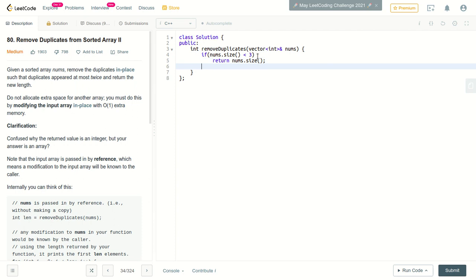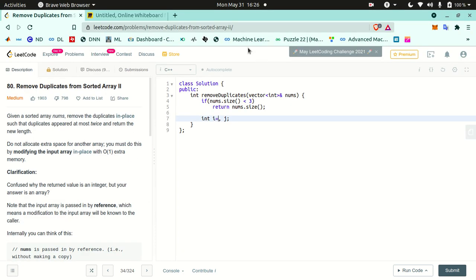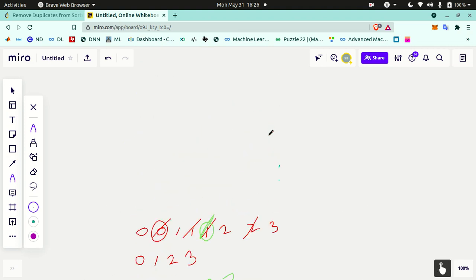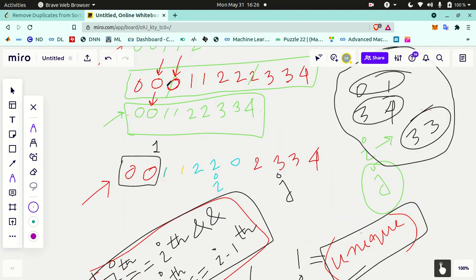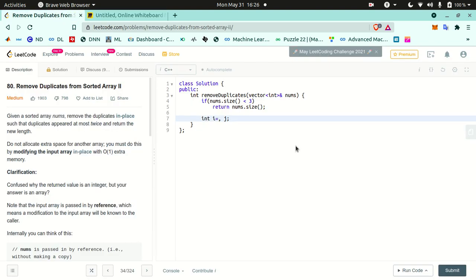Otherwise we need to do the whole thing that I just discussed. We need two things, i and j. i will start from the second element, from here, so i starts from 1 and j will start from 2.